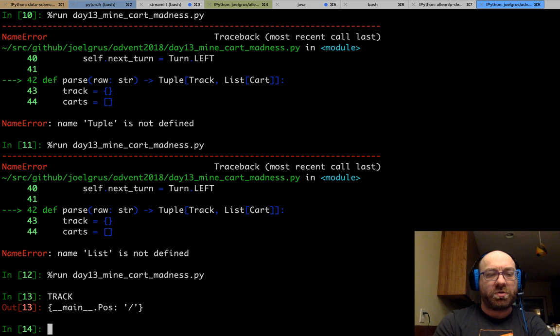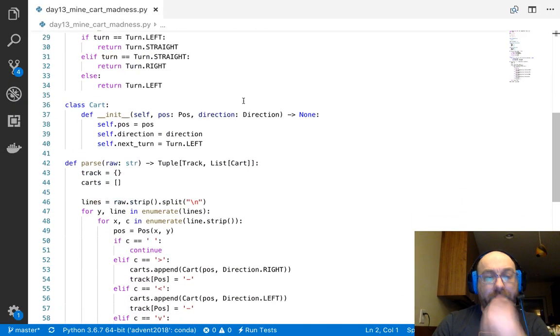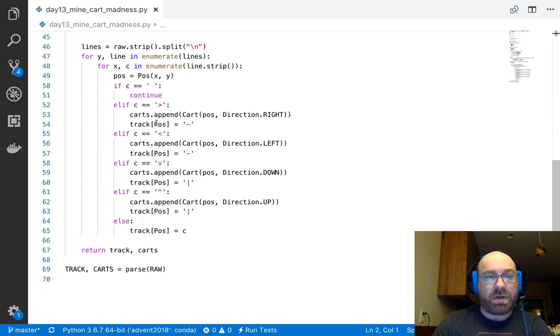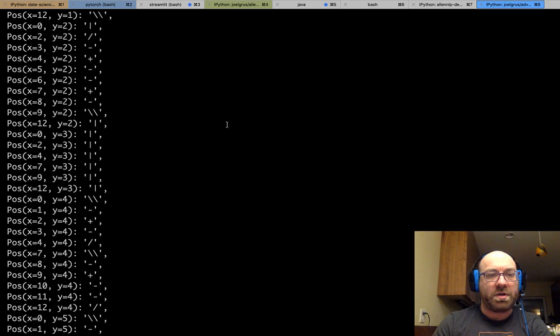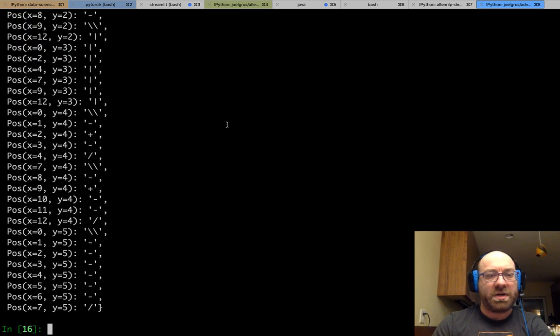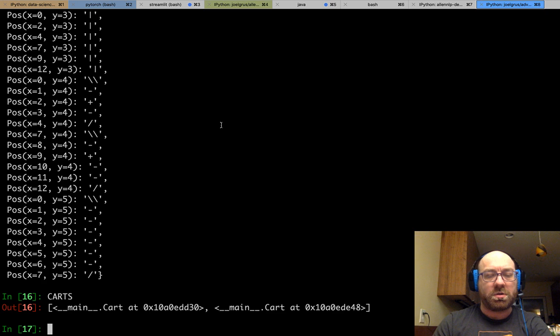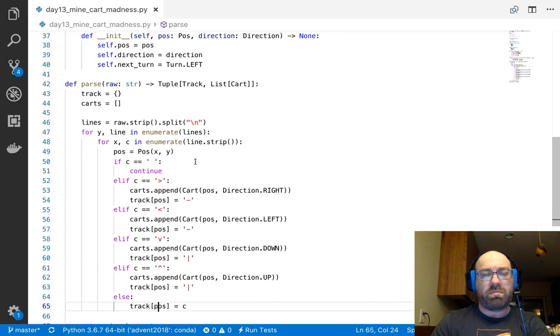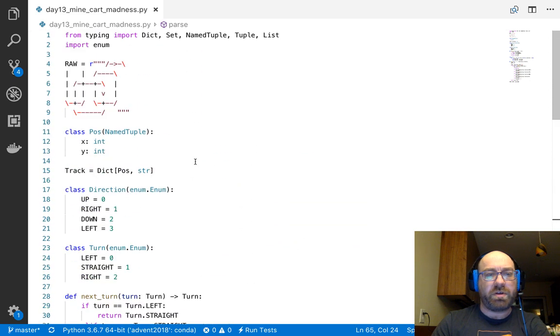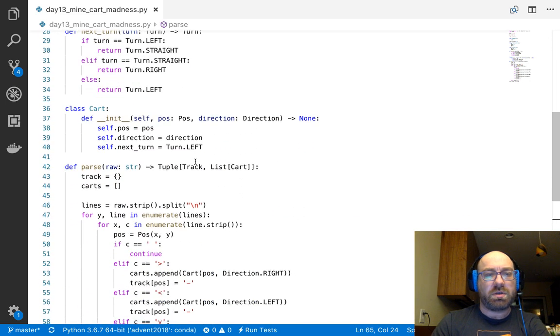Okay, so track, so that's not good. And what did I do wrong? What I did wrong was I should have used lowercase pos here, because that's the actual position rather than the class. So let's try this again. Track, so tracks looks right. Carts, and my carts don't look good, but that's because